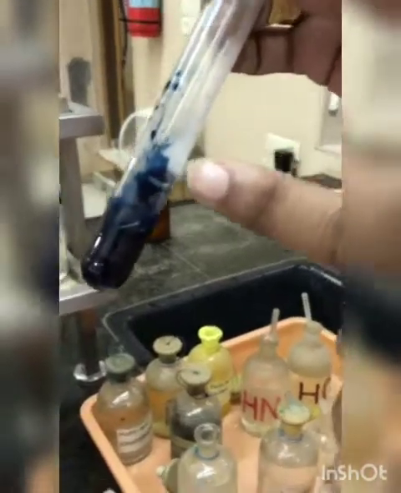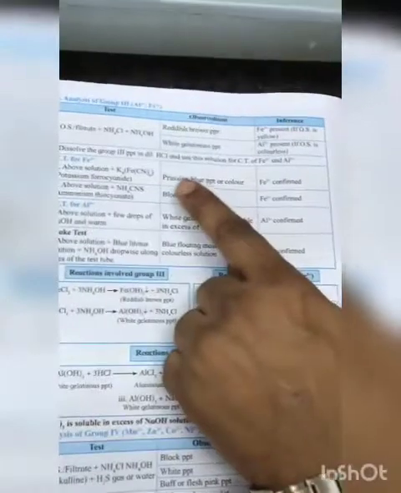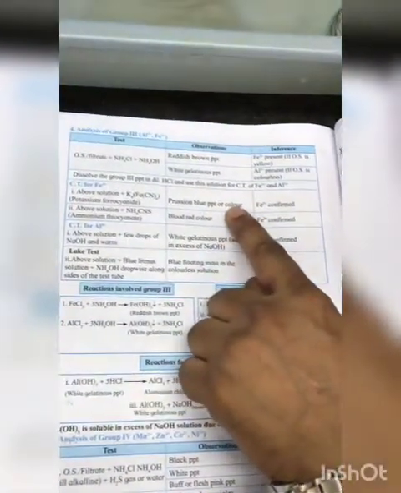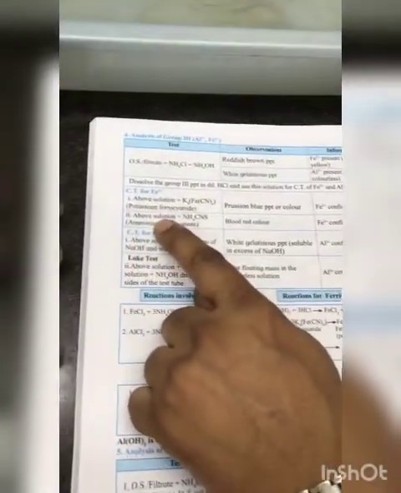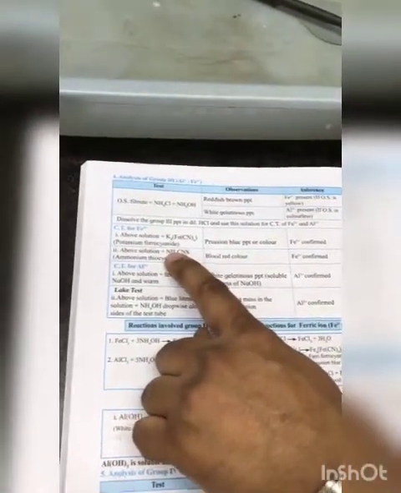Here you can see we are getting a bluish coloration, Prussian blue. You can look at the observation. Prussian blue precipitate or color, a blue coloration, therefore ferric ion is confirmed. You can perform one more confirmatory test on the OS, adding ammonium thiocyanate. Here, instead of ammonium thiocyanate, we are using potassium thiocyanate. The same observation we will get with potassium thiocyanate also. So let's perform the second confirmatory test for the iron.